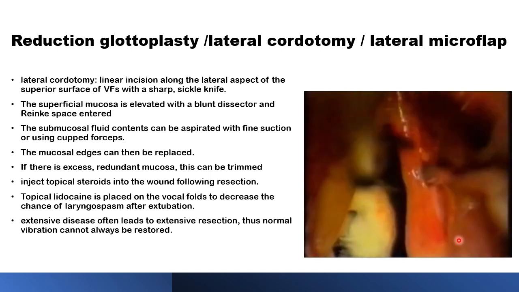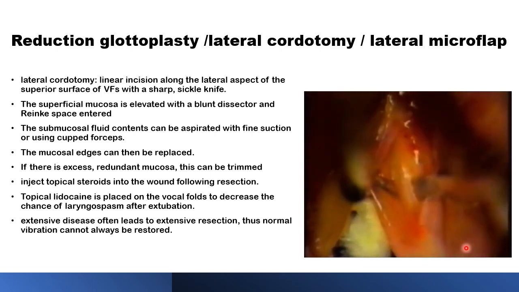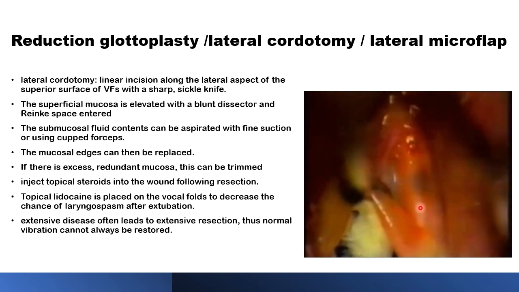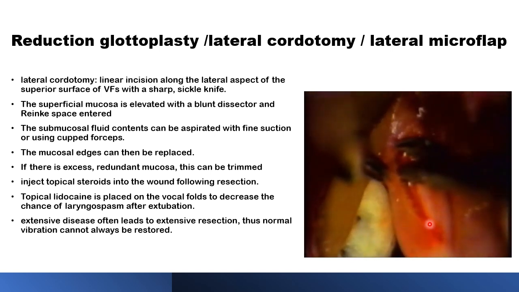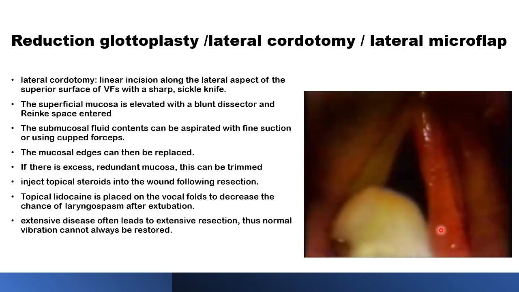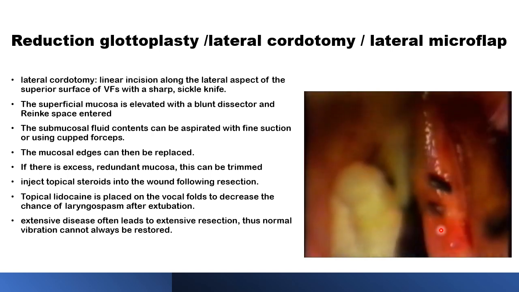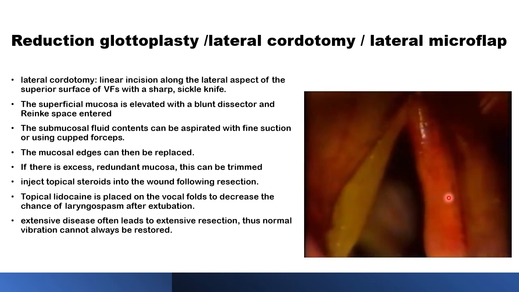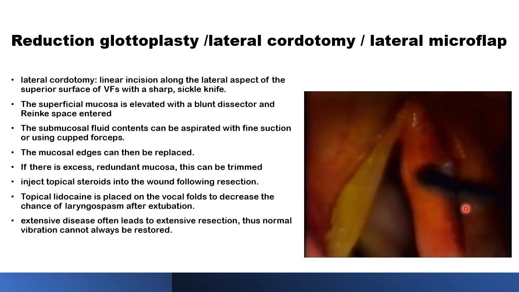This is the superficial part of the lamina propria. You can see the deposits in here. This should be dissected off the vocal ligament to avoid any injury to this whitish structure, the vocal ligament. Then the material in there, the deposits, can be aspirated, sucked out, or removed by cupped forceps, or sometimes vaporized by laser. Then the epithelium will be redraped over the vocal fold to see if there is any excess mucosa